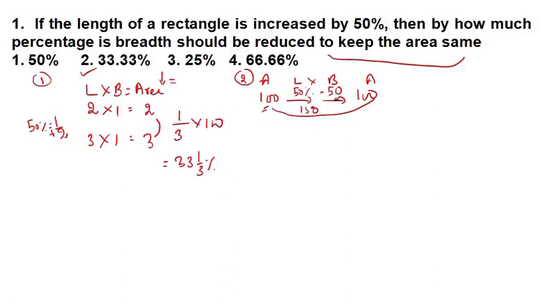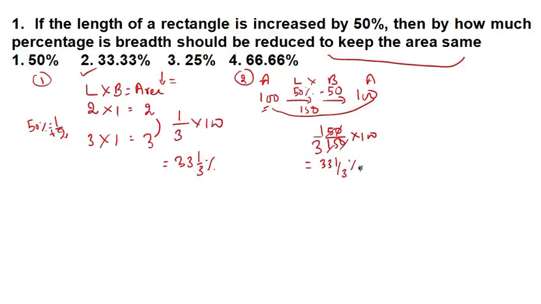If you minus 50 from 150, then you get 100. Then your area will become constant. It will become the same. So this 50, from which number are you subtracting? You are subtracting this 50 from this 150. This is the base, okay? 150 into 100. To make a percentage you have to multiply by 100. So the zeros will get cut, and again you get 1 by 3. 1 by 3 means in percentage form it is 33 1 by 3%.